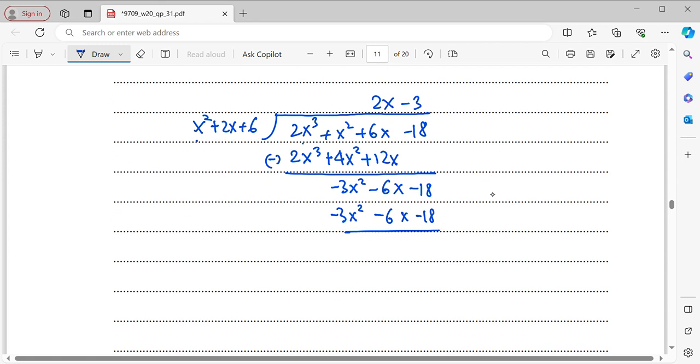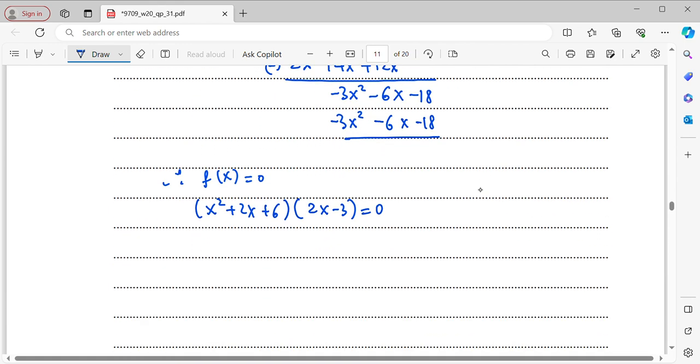Alright, therefore, from here, when f(x) equals 0, that means you are getting x squared plus 2x plus 6, which is our divisor, multiplied with the quotient 2x minus 3, and equals to 0. Okay, so then for the first quadratic equation, we know that it will be x equals minus 1 plus square root 5i, and then minus 1 minus square root 5i, and lastly, when you let 2x minus 3 be